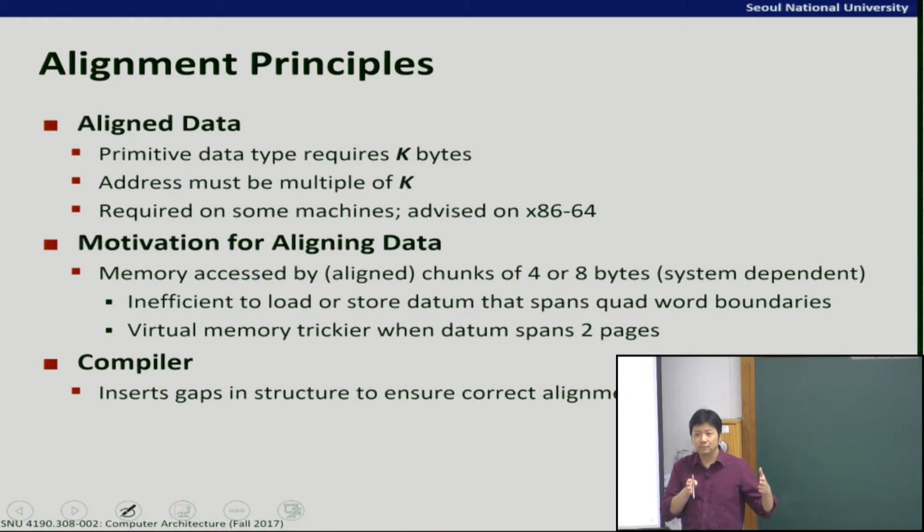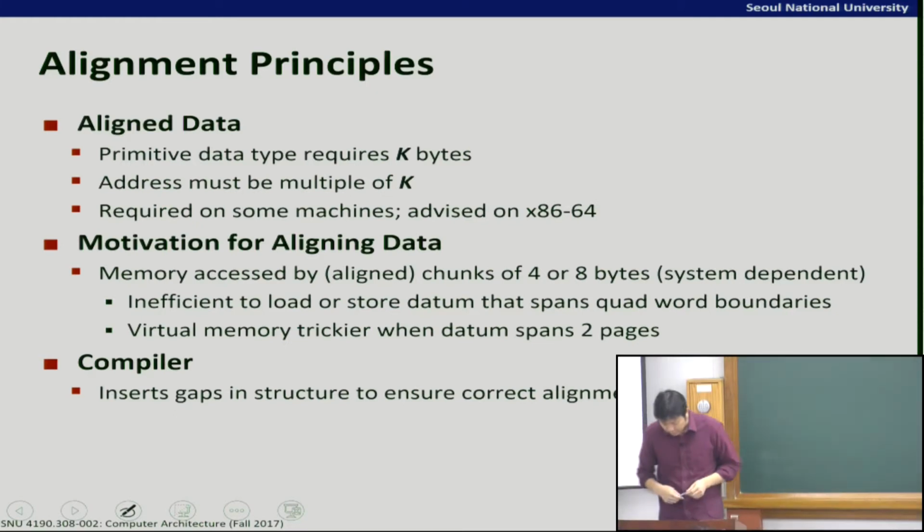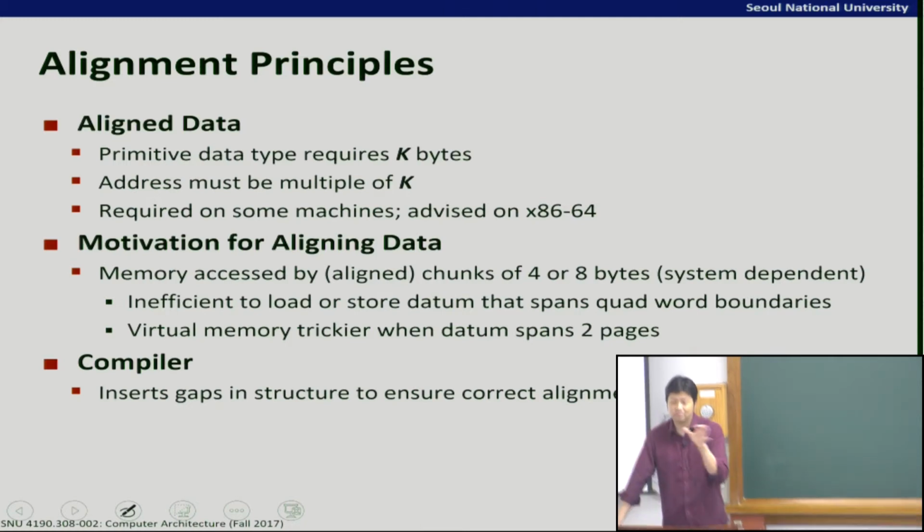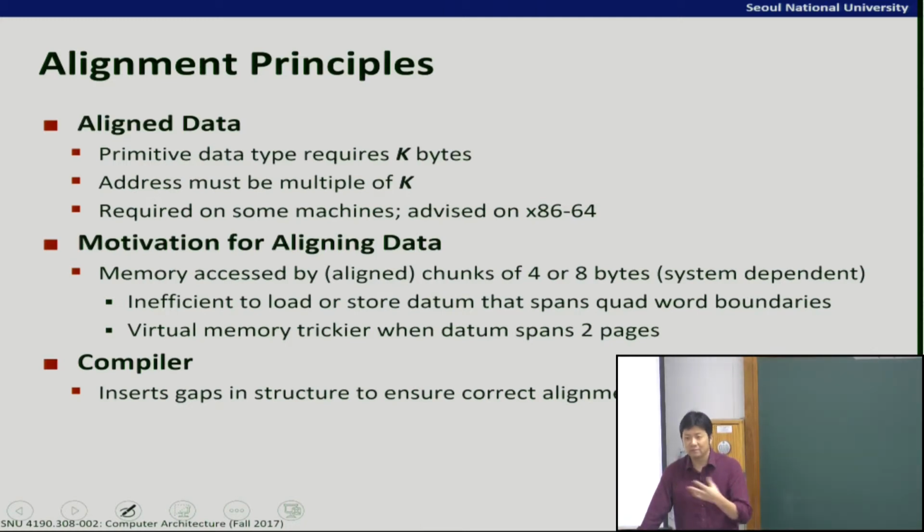So we want to make sure that a single memory access always falls within a single boundary. It's inefficient to load and store data that spans quad word boundaries because of caching effects. If you go across a cache block boundary, it is very inefficient. So that's one reason. And secondly,